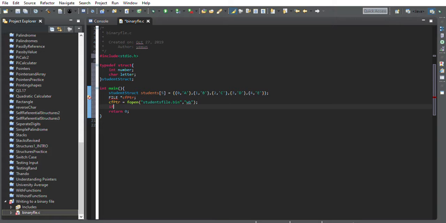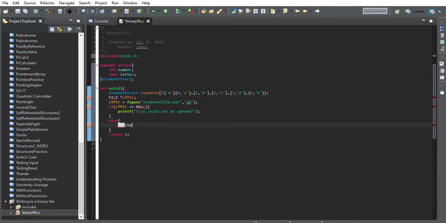So we first need to check though if it could even open the file. So we check using the if else statement. If cfPtr is equal to NULL, then we want to print out to the user that file could not be opened. Alright. Else, if the file could be opened, then we want to start doing something. Then what we will have is